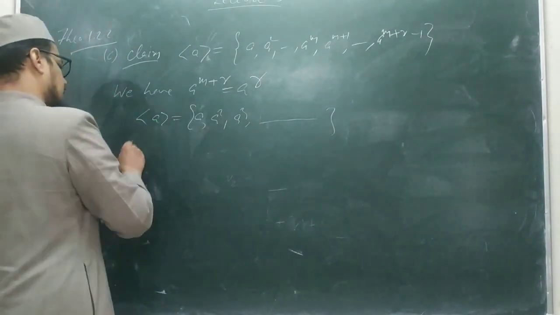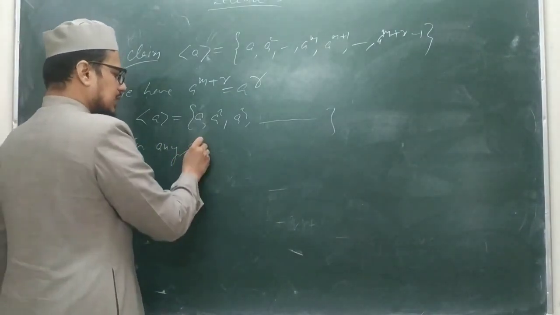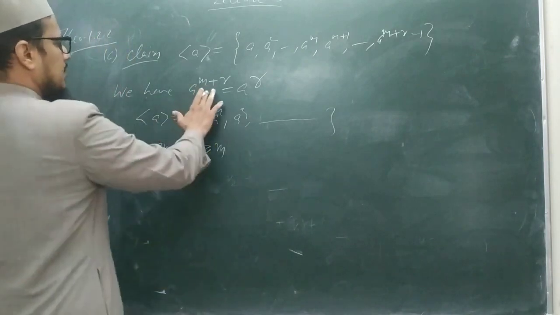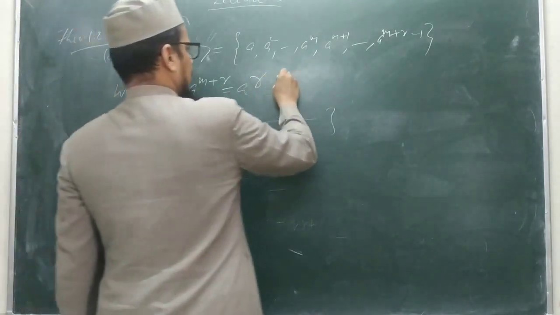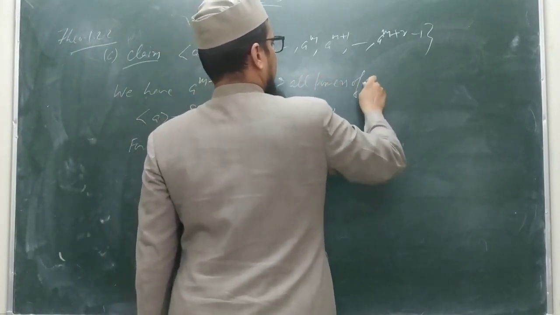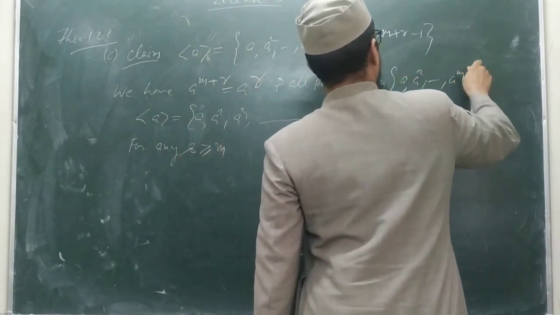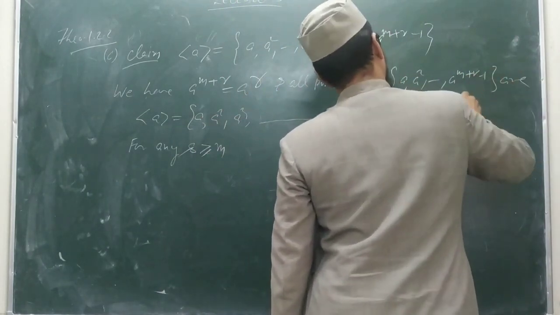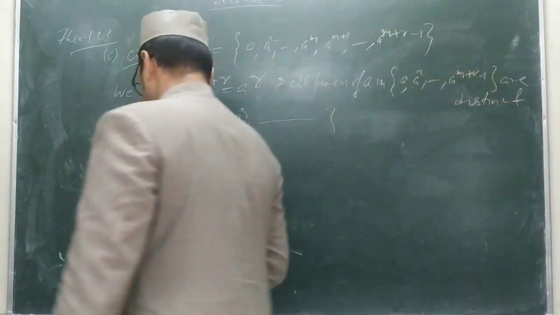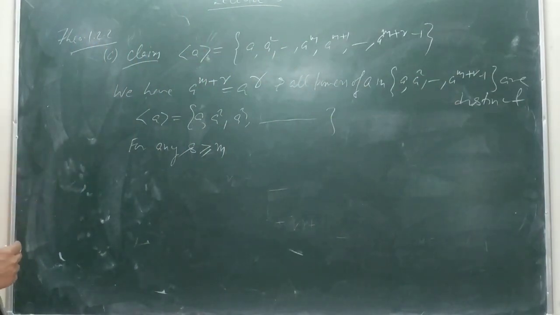So for any s greater than or equal to m, we have shown that a^(m+r) is equal to a^r, and all powers of a in this set, that is a square, and so on, a^(m+r-1), are distinct. This we know, correct? And powers are distinct because a^(m+r) is equal to a^r. So for any s greater than m,